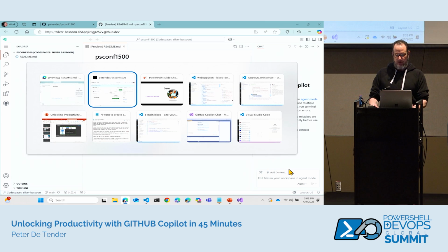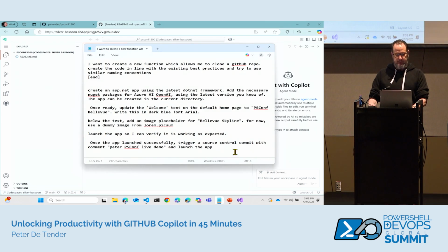I'm going to save myself a little bit of time because nobody likes seeing typing, but this is, again, my use case. Create an ASP.NET app using the latest .NET framework, add the necessary NuGet package for Azure AI, because in the end my app will run OpenAI at some point. Use the latest version that you know, create it in the current directory, and then once ready, update the welcome page, the default boilerplate code in .NET, change it with psconf and write that in dark blue, and